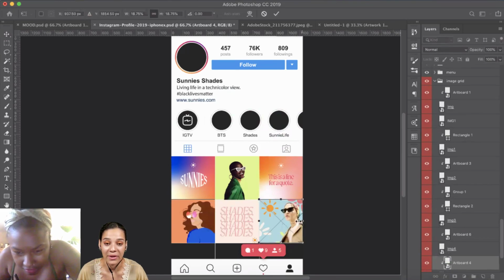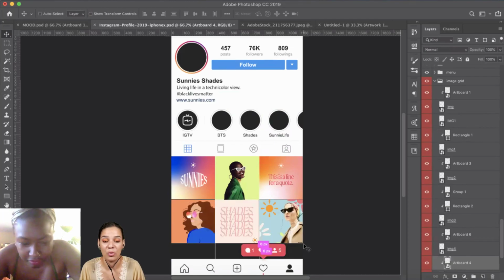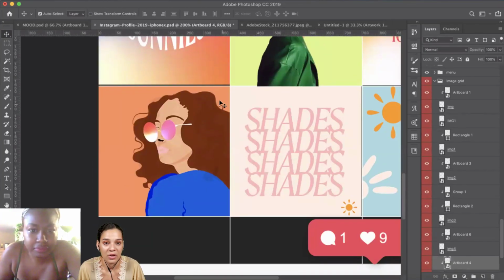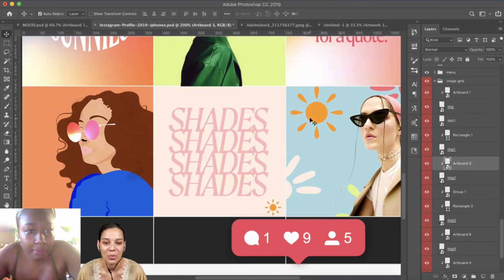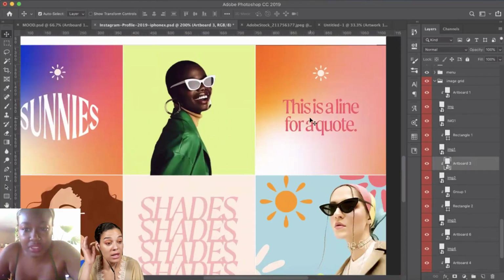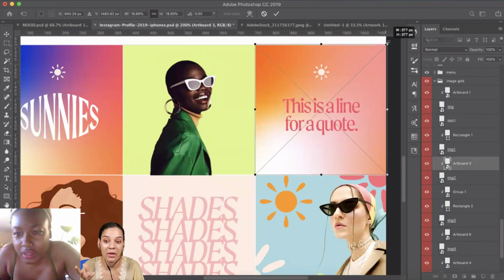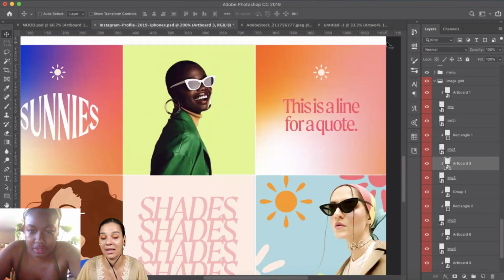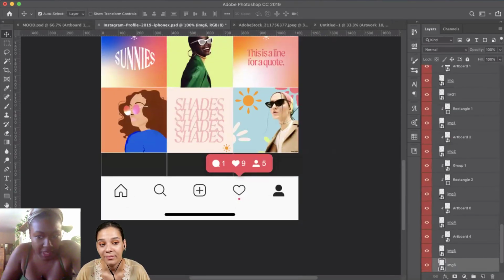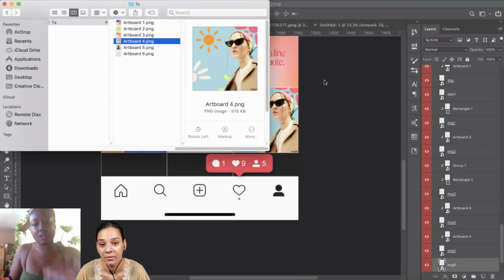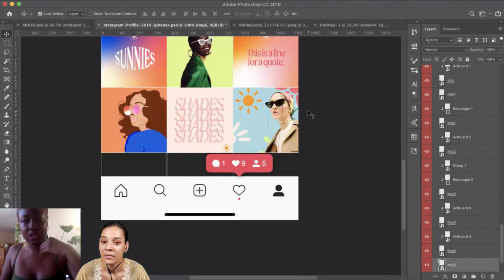This would be a really fabulous thing to see, especially for people who are not used to doing social media stuff. They don't know how to create that branding and use the assets, and need to see it. So this gives a good idea of what your Instagram could potentially look like if you were using these assets that I create for you. It gives them a starting point of where to go from.